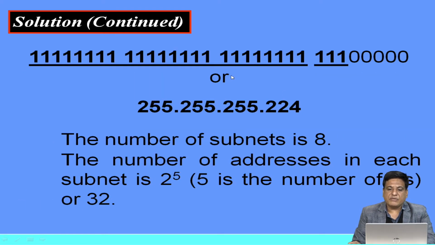So, here the subnet mask is 255.255.255.224. This is the subnet mask, which contains more ones. How many more ones does it contain? That is equal to 3. So here we have 8 subnets. And how many zeros are here that we assign for the host? We have 5 zeros. It means we have 2 to the power 5, which is 32 hosts in each subnet.